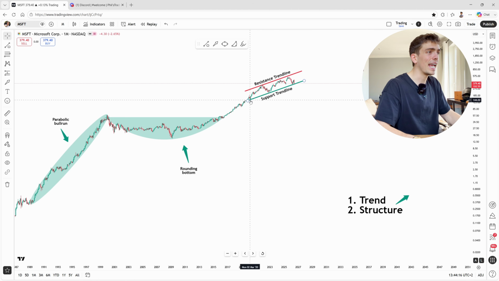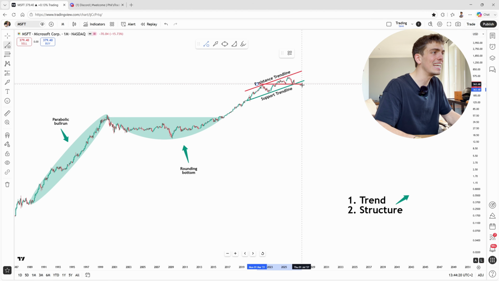Furthermore, you can see that as we are speaking, Microsoft is also retesting a significant horizontal level, which already all the way back in the year of 2021 was previous resistance. After the break towards the upside, it was turned support a first time. Now, as you can see, Microsoft is once again retesting this structure, so it's still acting as support a second